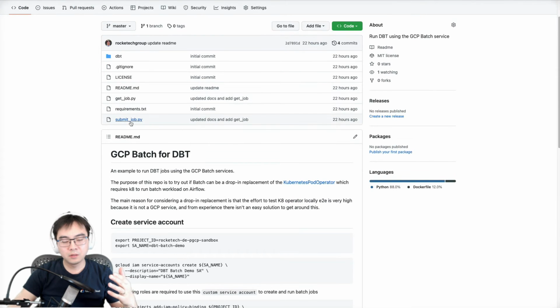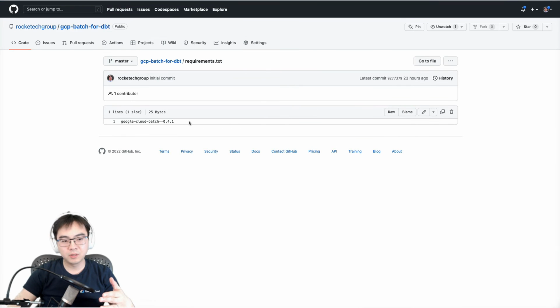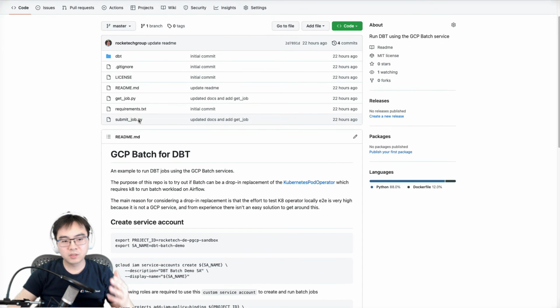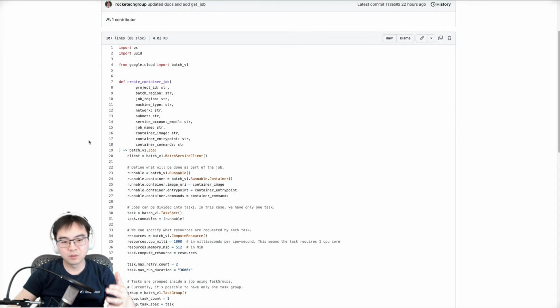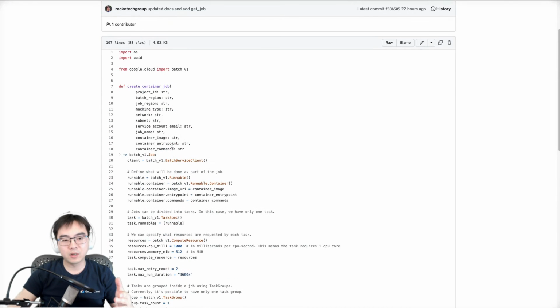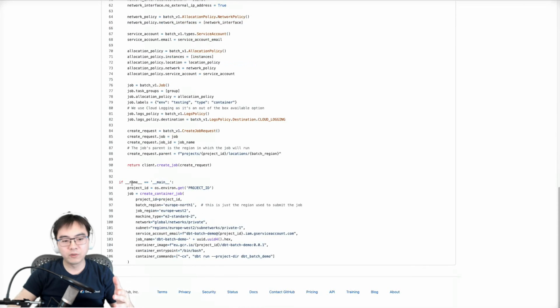The requirements.txt, all it needs is this batch service, the current version 0.4.1, and then the submit_job.py is basically, it took me quite a bit of time to figure this out, and you might need to change it a little bit to tidy it up, but what I've done is I've abstracted the whole thing. If you look at the very bottom, right, you can actually submit this batch service with a bunch of